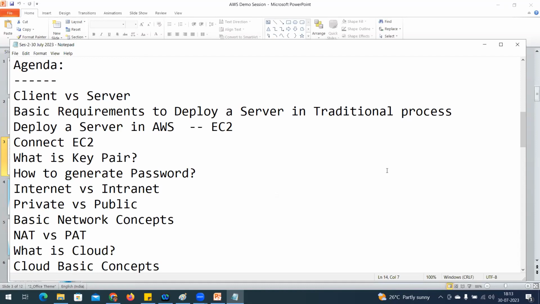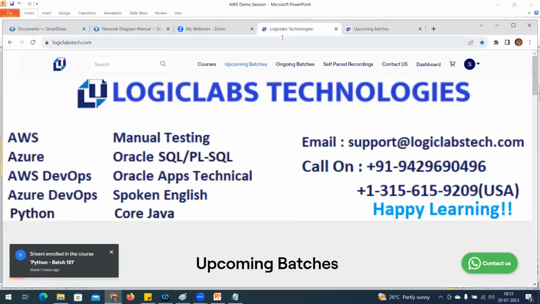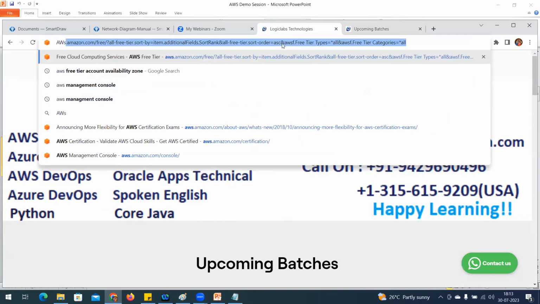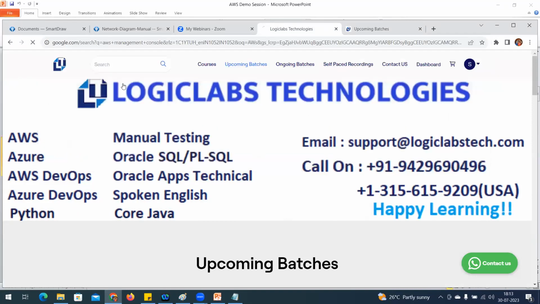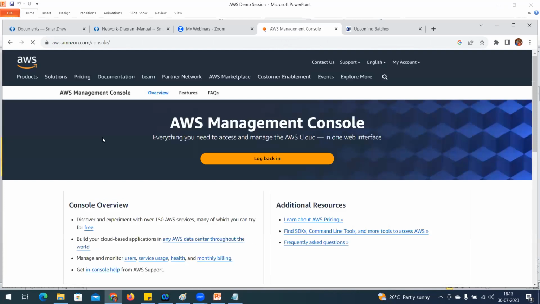As I said, we are going to deploy a server, first of all, in AWS. How do we log in? So let's go ahead and log into the AWS management console and explore first of all. Then we are going to cover the management theory topics. Okay, so how are we going to deploy? Before deploying, first we are going to log in to this management console.